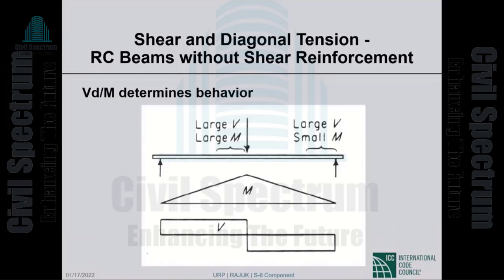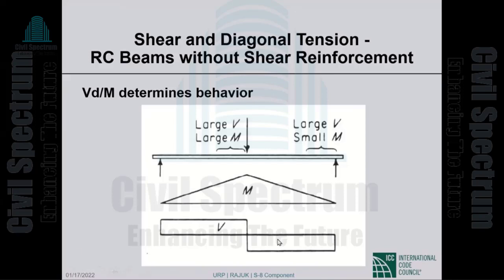It's a unitless number, a non-dimensional quantity. Okay, VD over M. And VD over M tells you about how a beam is going to behave. At least there are some indications as to how it will behave if you look at the VD over M